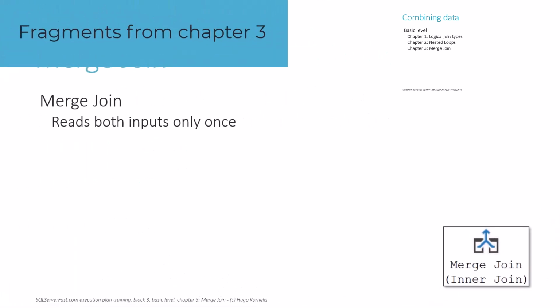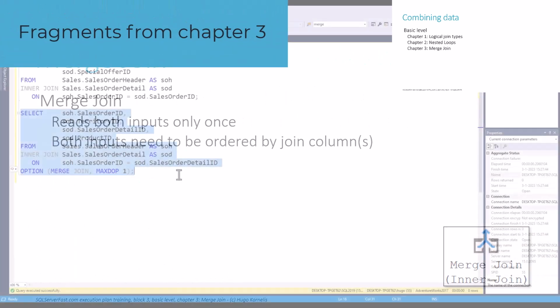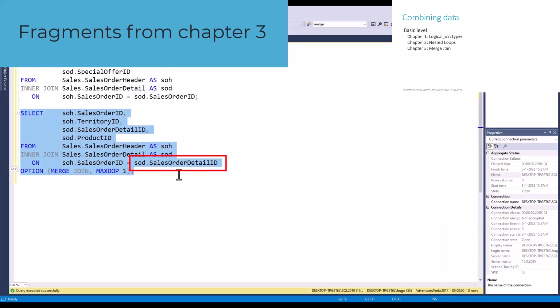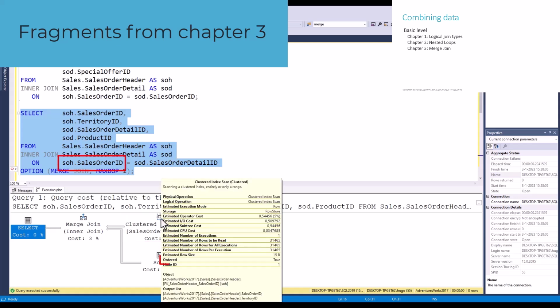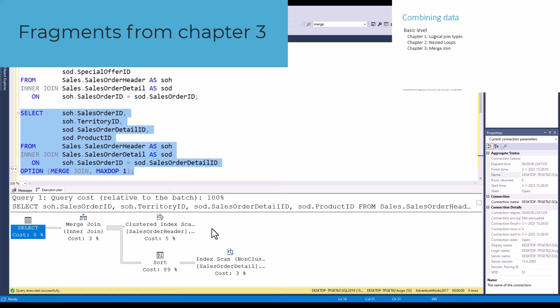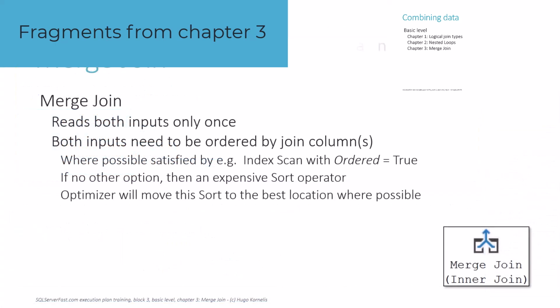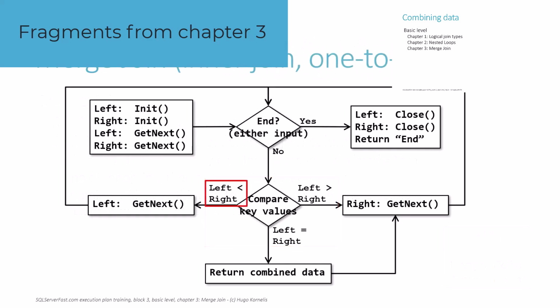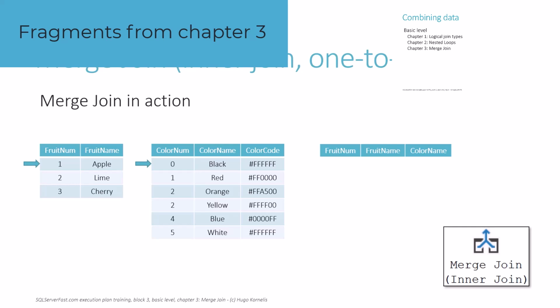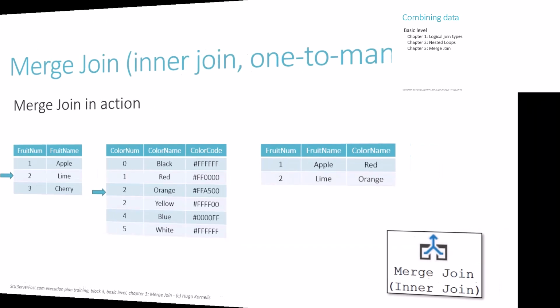In the third chapter we discuss merge join. This operator has the most efficient algorithm for joining two tables, but sadly that algorithm does require that both inputs are sorted. Sometimes the optimizer can find a cheap way to fulfill this requirement. If not, then the required sorting often makes the total cost of the execution plan with merge join too high. We show the algorithm that merge join uses, first based on a flowchart and then once more by visualizing the process with sample data. As always, we will also point out the important properties.